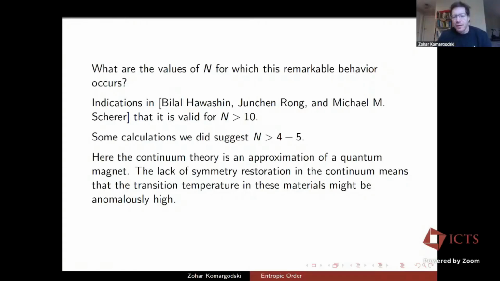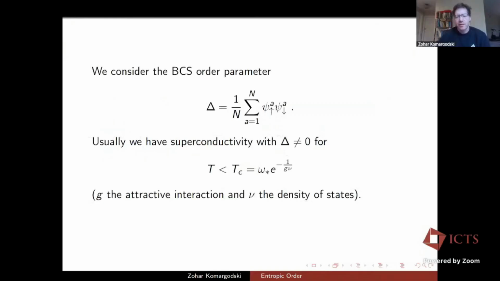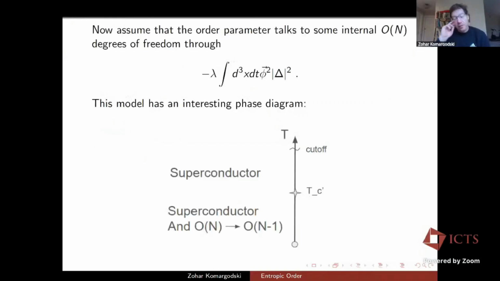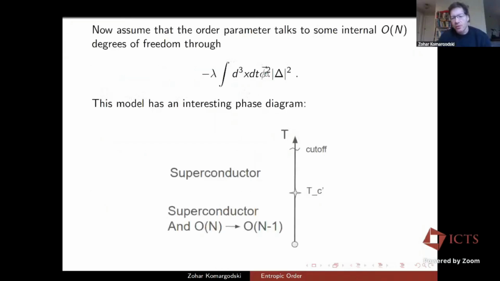Okay. So I'll just take 2 minutes, just to close. I'll show you that you can do the same with Cooper pairs. I won't explain the details. It's in the paper. The idea with superconductivity is the same. You take the usual BCS order parameter, which is the condensate of Cooper pairs, and you couple it to this order parameter, which is the O(N) phi field. And it's very similar calculations. You just do some gap equations, and you find that the phase diagram of this model is that it's a superconductor up to the cutoff. So basically at any temperature. The Cooper pairs just don't want to disappear.